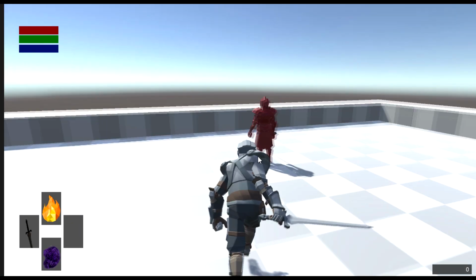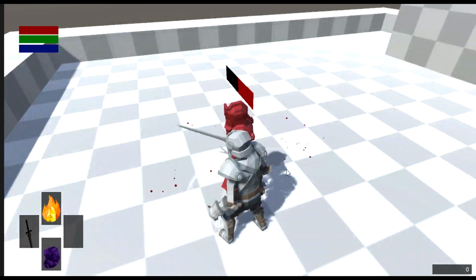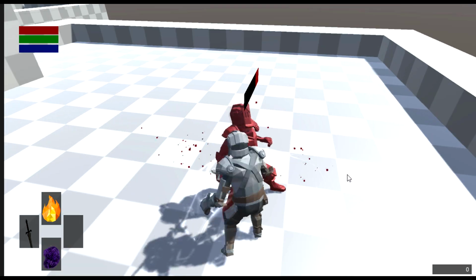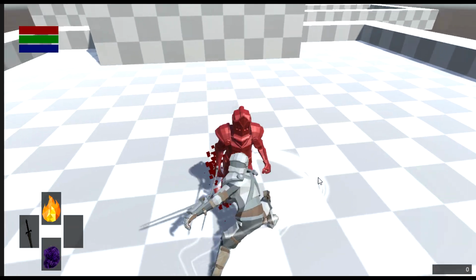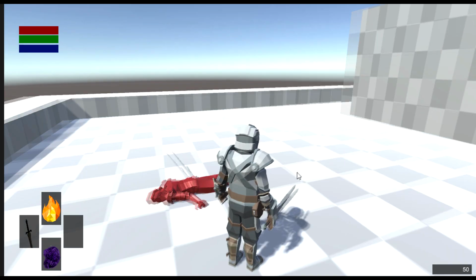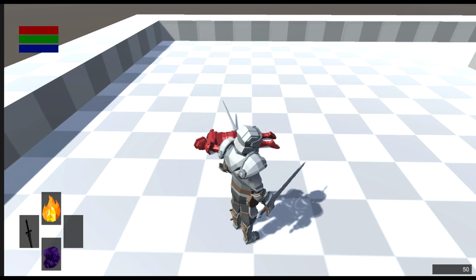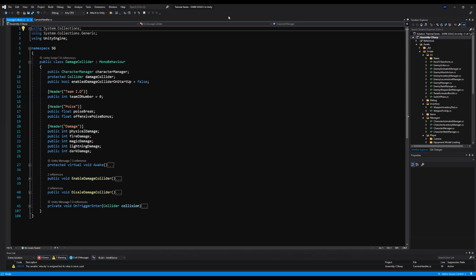Alright, ladies and gentlemen, so if we come to our enemy here now, we swing at him. As you can see, no matter what angle I hit him from, he always plays the same damage animation. And that's okay, but we want to make it so, depending on where the enemy is struck from, he plays a responsive damage animation. And we're going to do that in this episode by editing the damage collider script and a few other scripts. So I'm going to jump in here now, starting right into the damage collider script,